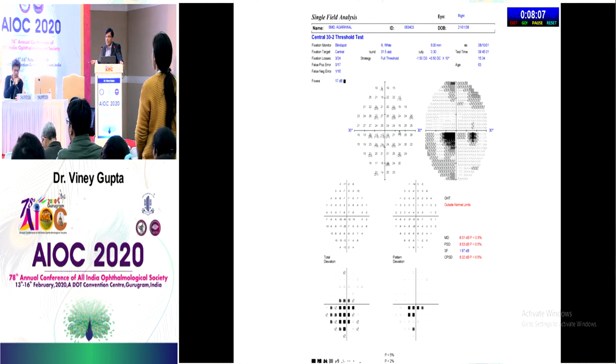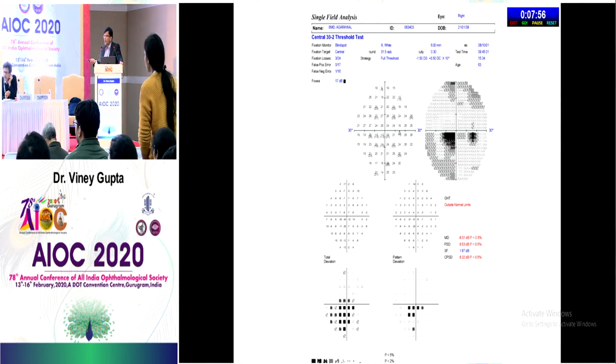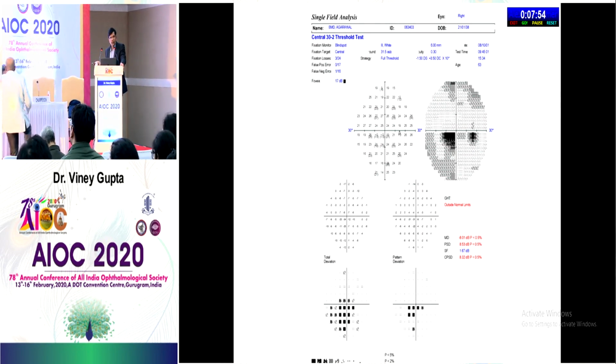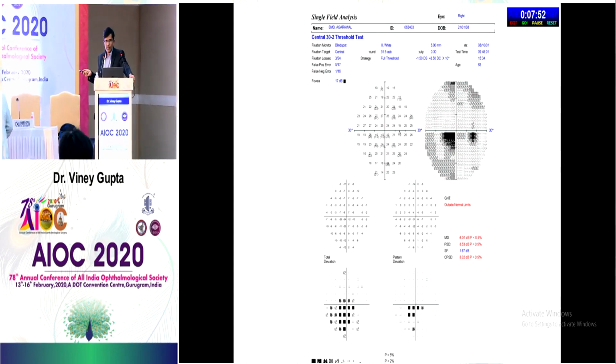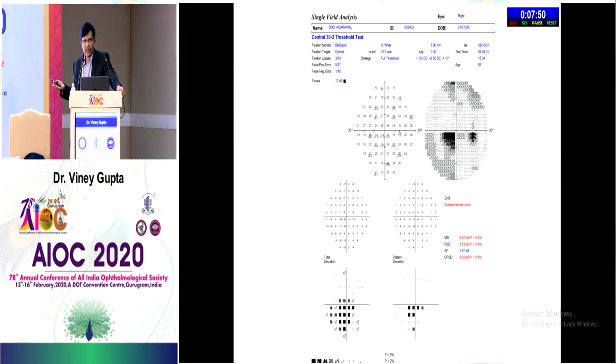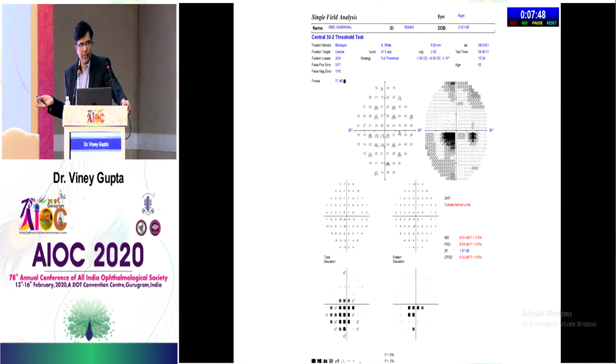So these are all points in the center. So what else could it be? If not glaucoma, it could be a macular degeneration. Yes? Okay, sit down. So therefore, this is probably not glaucoma, it is something else, right? And then we have to closely look at the macula of this patient.